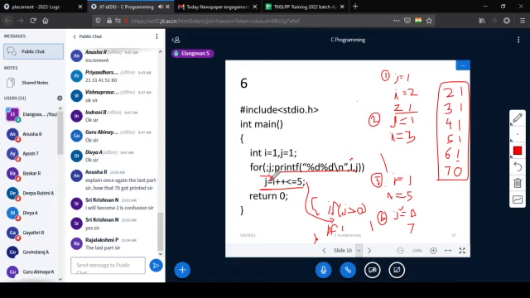So in the first for loop, that is the first iteration, j greater than 0, j is 1, yes, j is greater than 0. Then the second statement to be executed is this, right? j assigned with i++ less than or equal to 5.